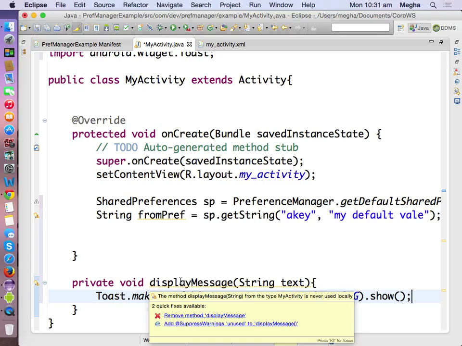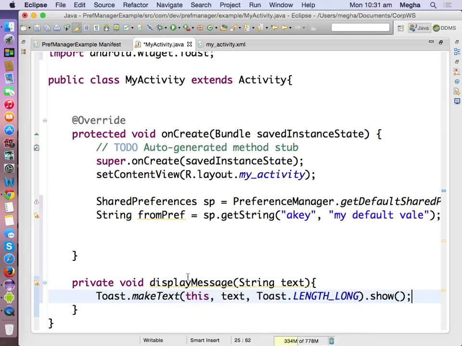I don't need to explain this, I hope, because we've been using the toast quite long. So almost all the exercises have this toast covered. So I'm going to display